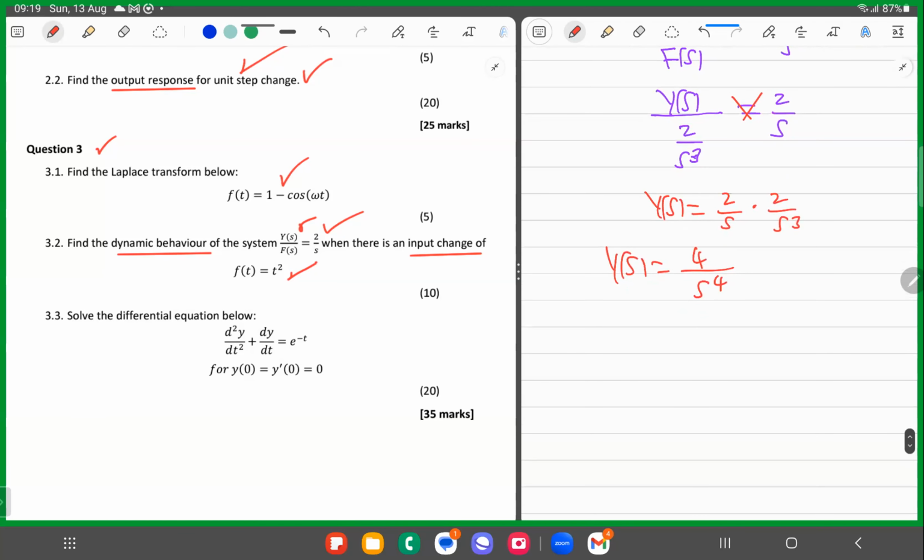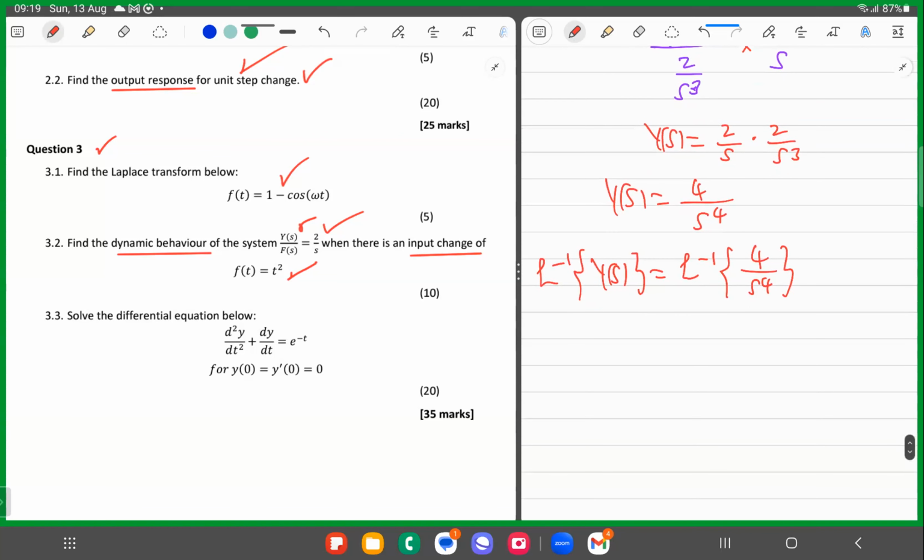So it means you can find L inverse of Y of s, which means L inverse of 4 over s to the fourth power. So we're getting the inverse Laplace transform now. What is the inverse Laplace transform of this? So you have y of t is equal to,